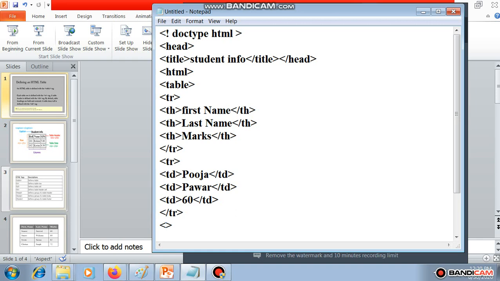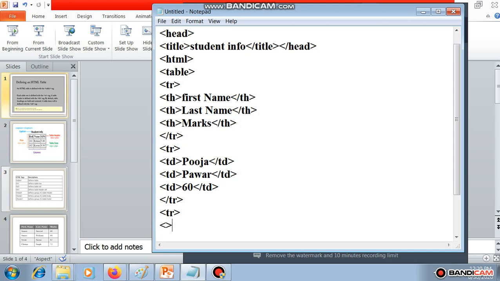Insert the third row of our table. Open the tr, then insert the second row data to our table with the td tag. Insert the first data, for example Sai, close td tag.